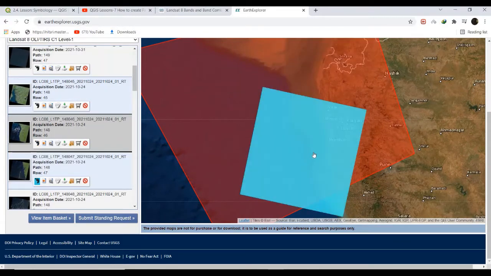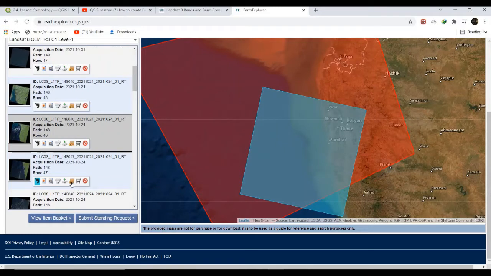This tile is suitable for our study because it covers some sea and some land area. So we are going to download that area only.